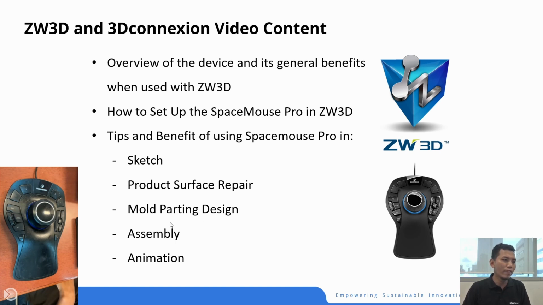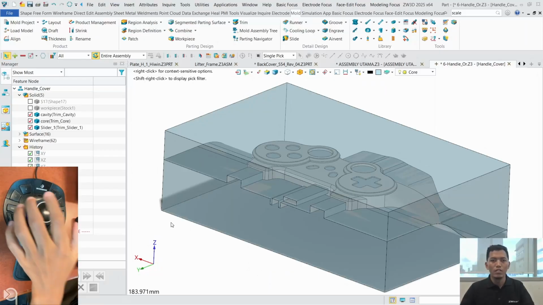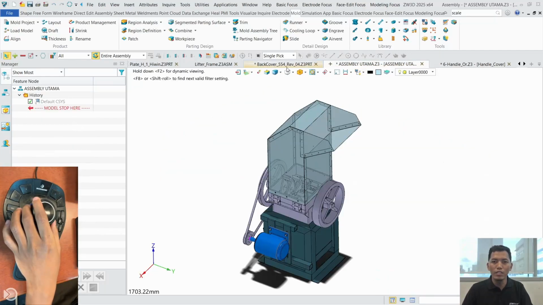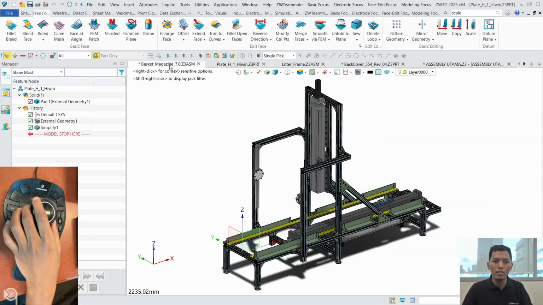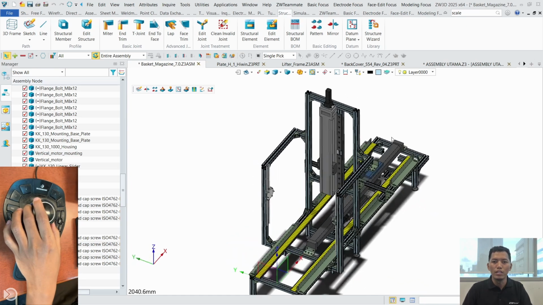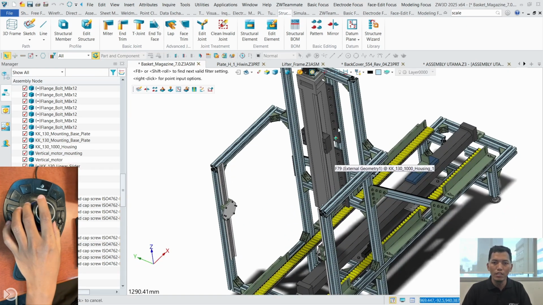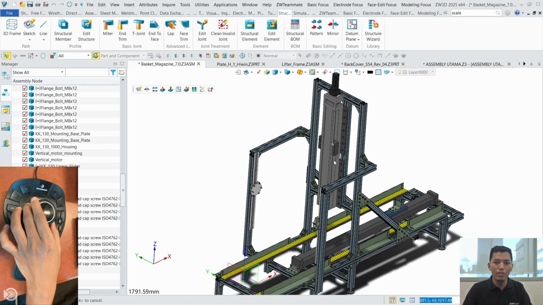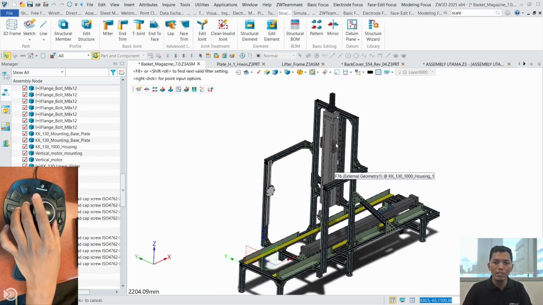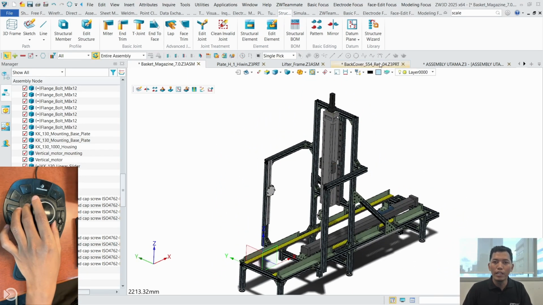mold parting design. Another thing is the assembly. In the assembly, I have another example here using this. Let's say we need this frame that we already made before to demonstrate the sketch. Now, let's use